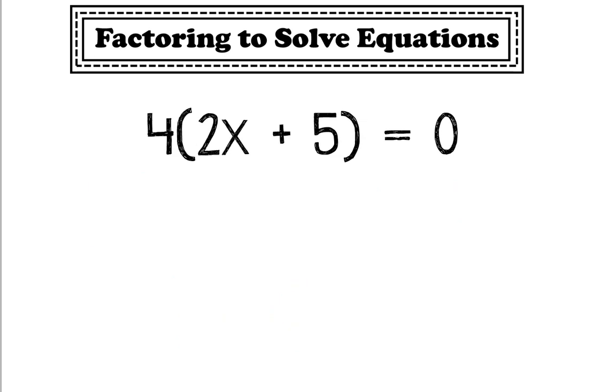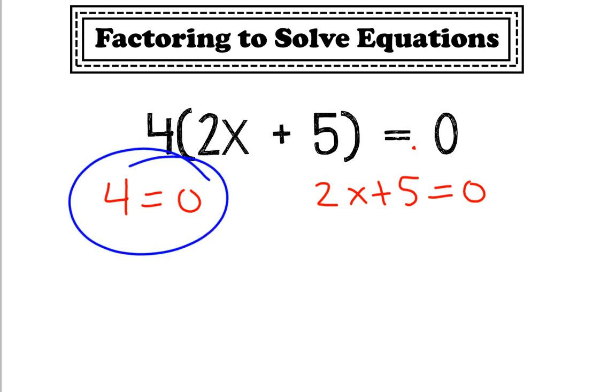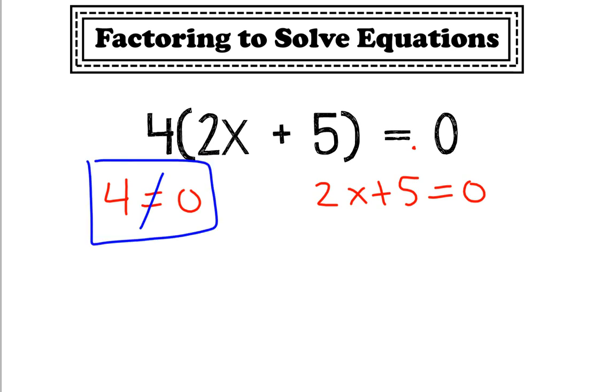All right, one more. Two factors equals 0, okay. All right. Now this one's a little bit weird. This hasn't happened before, so let's take a really close look at this. This says that 4 is equal to 0, and that absolutely is not true. So 4 is not an answer, and 0 is not an answer. You just have a statement here that's not true. So what we have to do